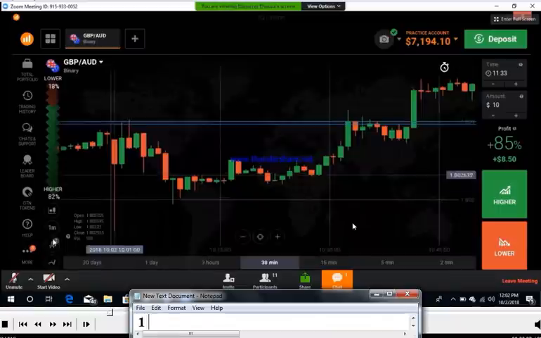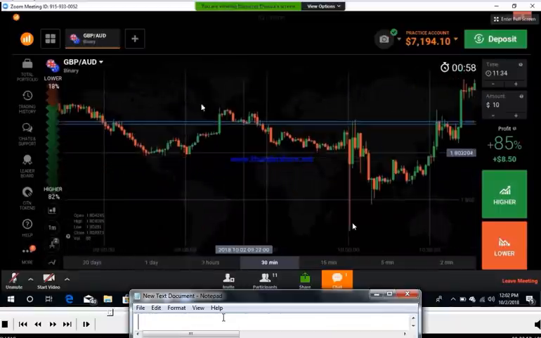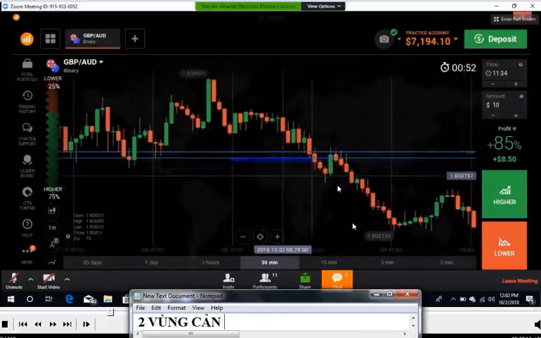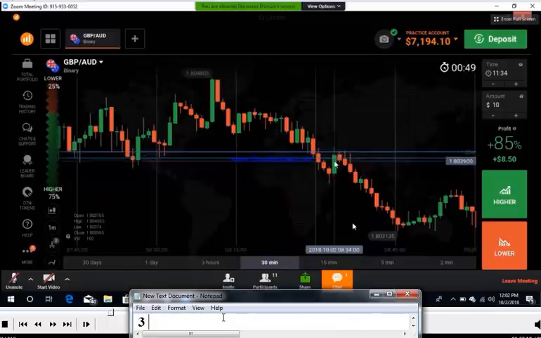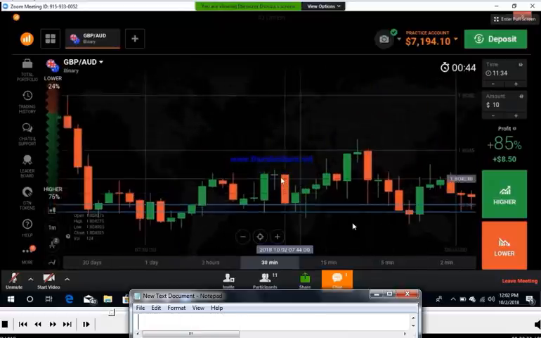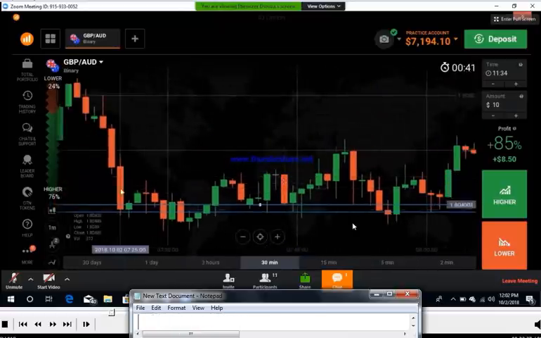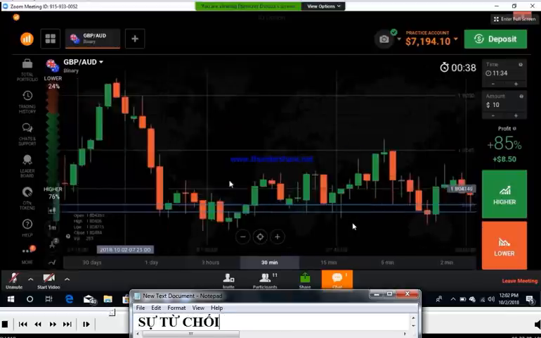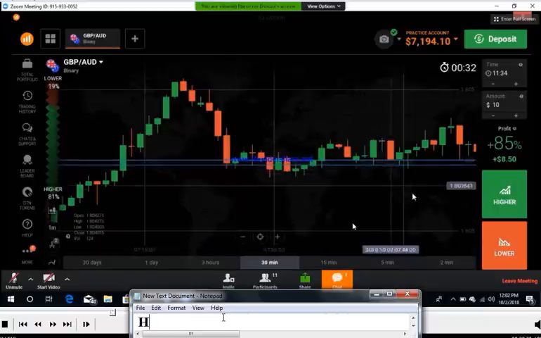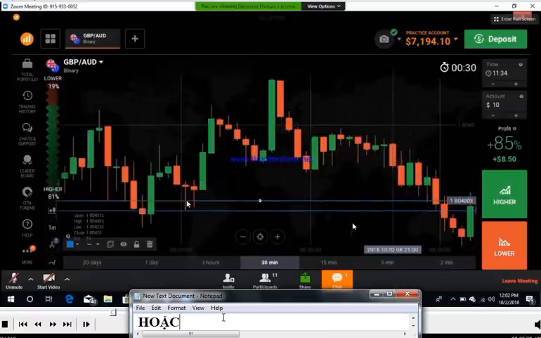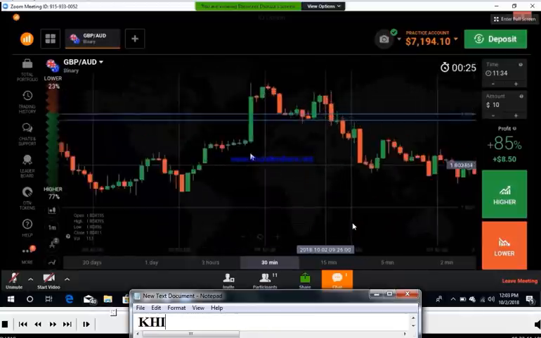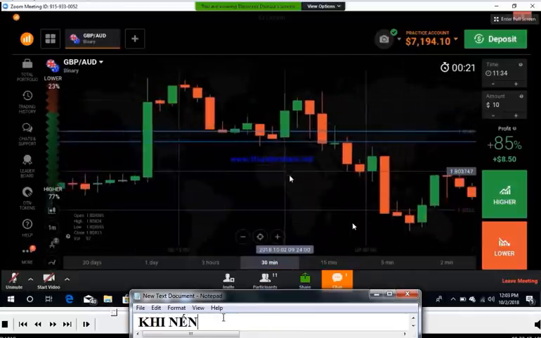Okay, I will check the confirmation here. The candle must close below the level with rejection. If you want to trade at a strong level, the candle must close below the level like this or like this. But you can't trade after this candle. If you get one good candle like this, closing below the level with rejection, you can trade on the next candle with confirmation. Then it will reverse from the same level like this. Okay, like this you can trade.